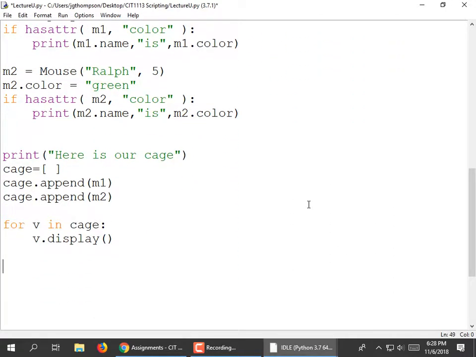Alrighty, so let's age them both 10 times. So for x in range 10, this is the shortest possible way of writing a loop that goes 10 times. And as a result, x is going to equal the values 0 through 9, because this is always 1 greater, right? Okay. And then for v in, no, let's not get complicated. m1.grow, m2.grow,